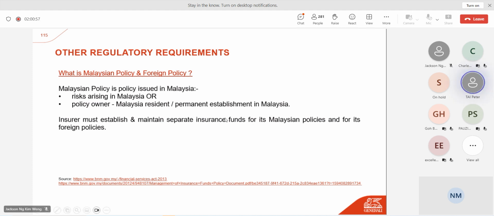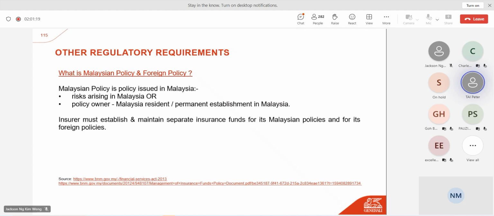What happens with Malaysian policy or foreign policy? Basically, there are some Malaysians who are also on the sanction list. I'm not going to mention their names, but I'm sure you know who they are. If they are being sanctioned, then fine, we have to comply. And all the insurance companies, in other words,